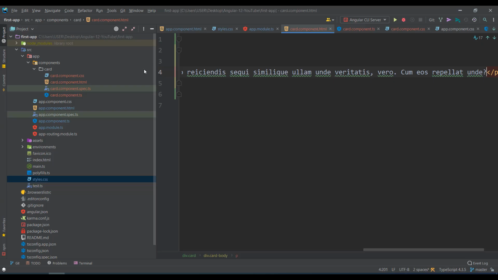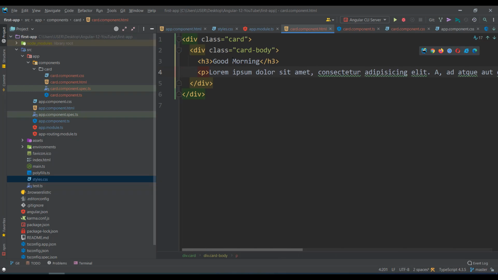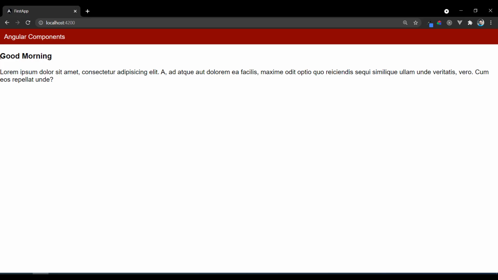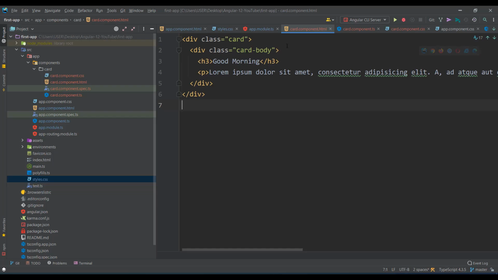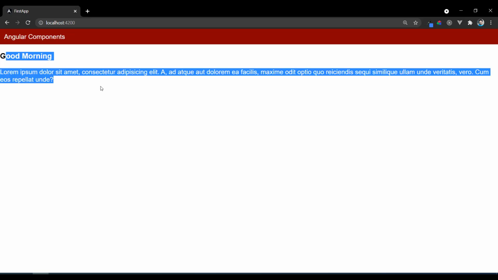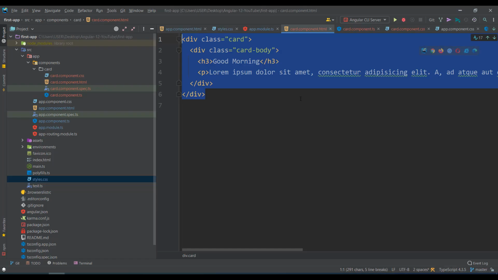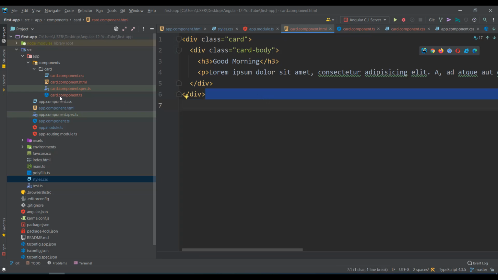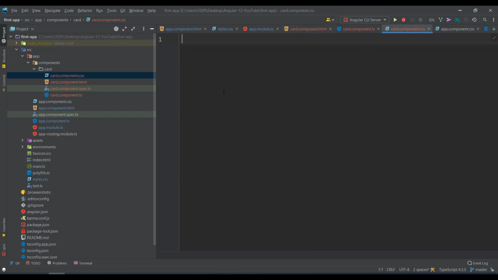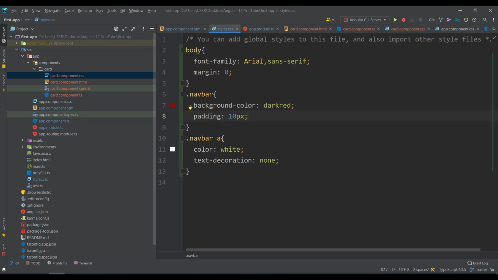Okay, now I have got card and card body designed here. So this navbar is one component and card is one component, done. But I need to add some styles. It does not look like a card, right? So you want to convert this to look like a card. You may write the styles in a card specific CSS file, or else you can choose the global style sheet. As of now, I'll use the global style sheet.